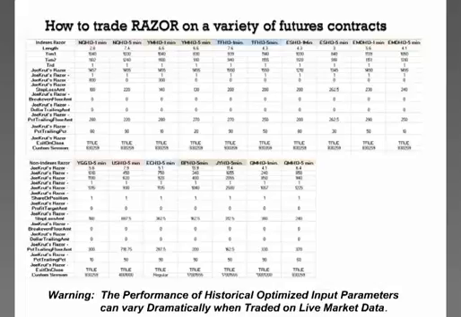Then the bottom section there is non-index items. There's mini gold, there's the March bonds, there's the euro currency, there's the British pound, there's the Japanese yen, and there's a couple of mini crude oils. So anyway, interesting little idea, I think, to take one system that's basically done pretty well on the E-mini S&P, and then use it on 15 other items.